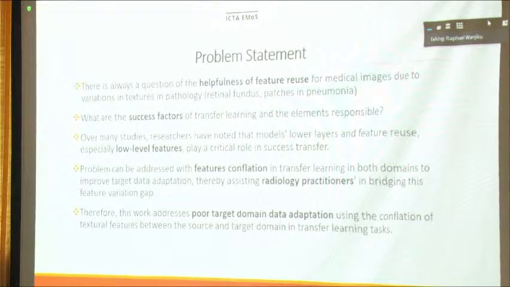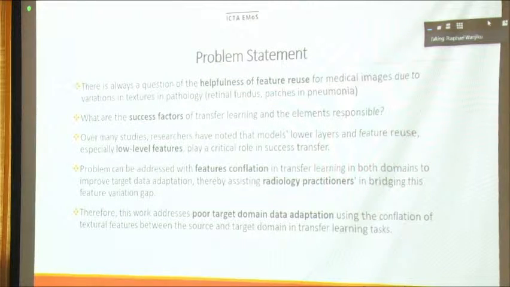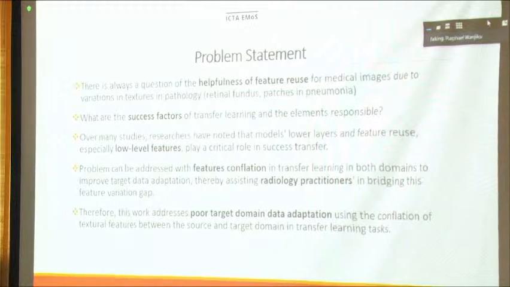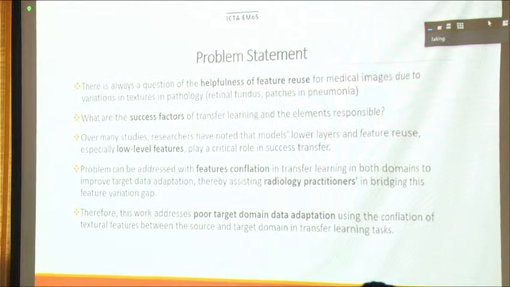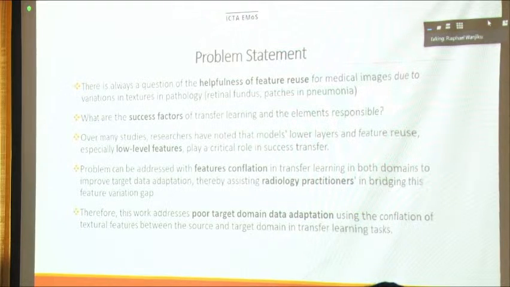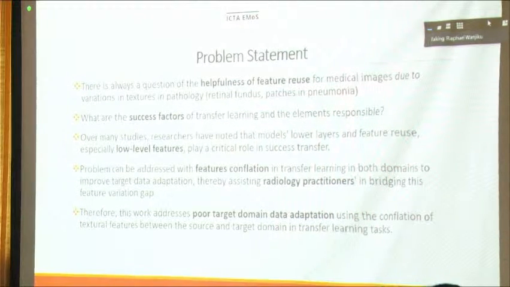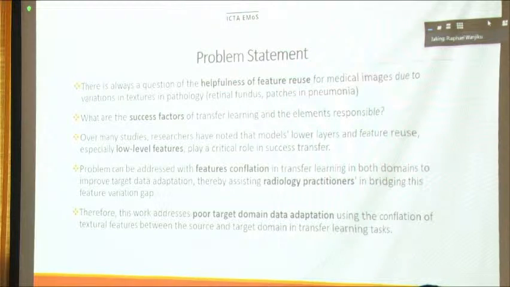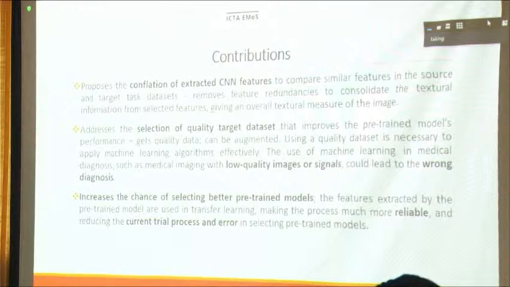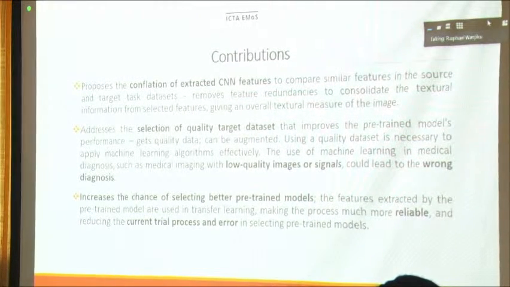So studies have looked into the aspect of low-level features, and we are bringing the aspect of conflation to be able to assist in terms of variation in texture. Therefore, this work addresses dual target domain adaptation by use of conflation of textural features between the source and the target domain in using transfer learning. So we are proposing the conflation of extracted CNN features, and again, we are bringing the aspect of